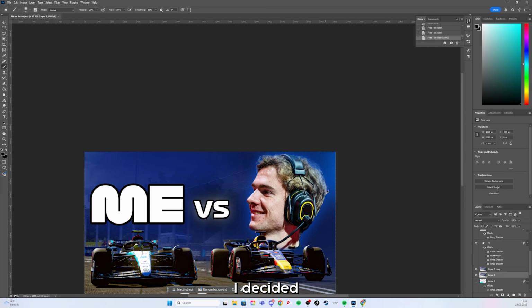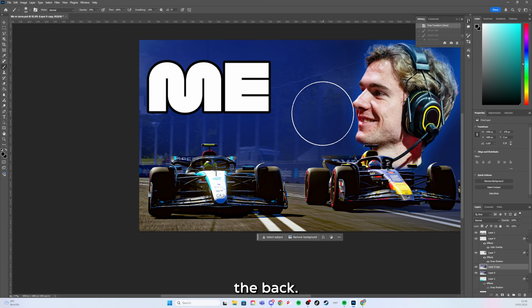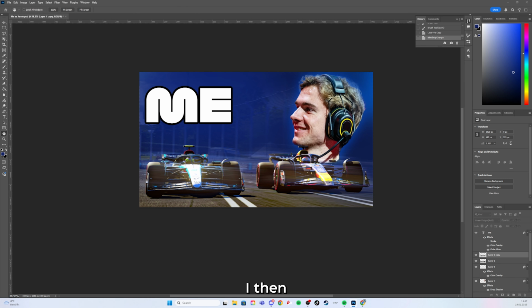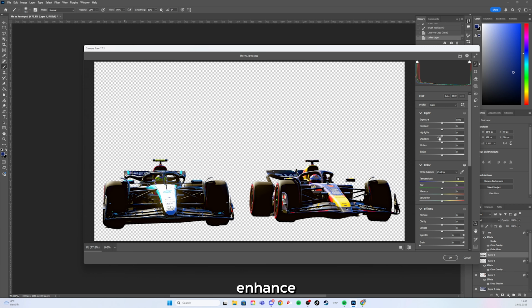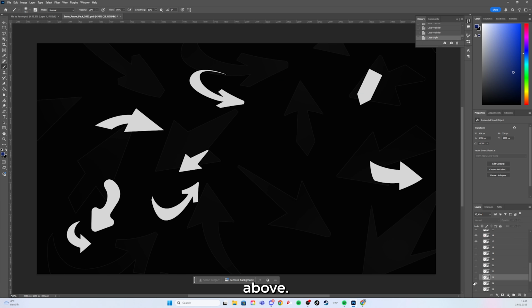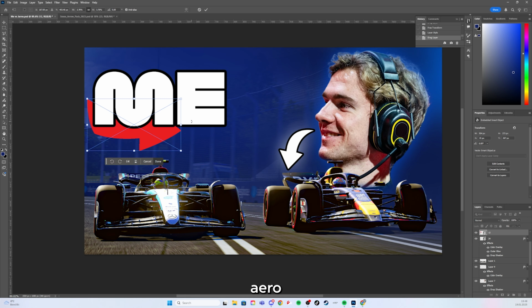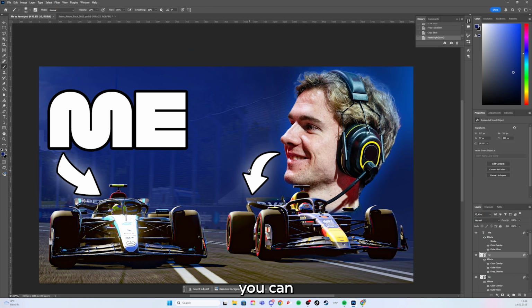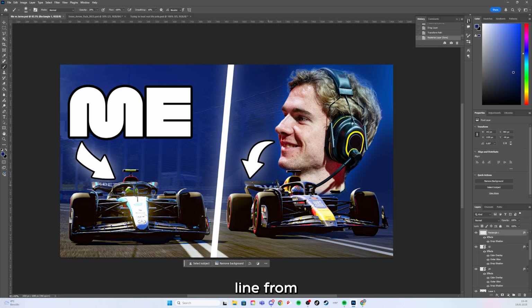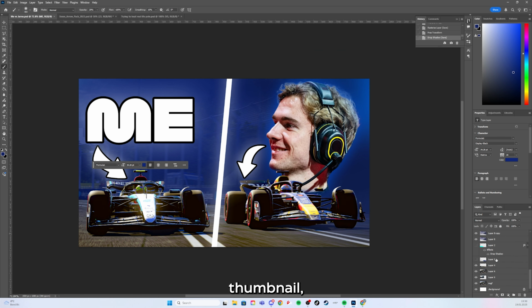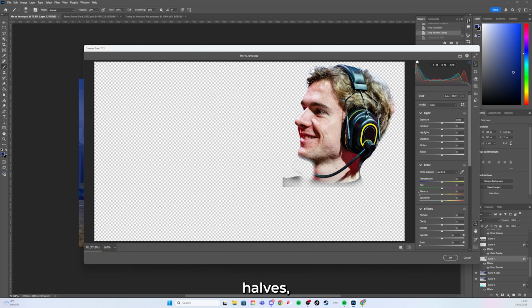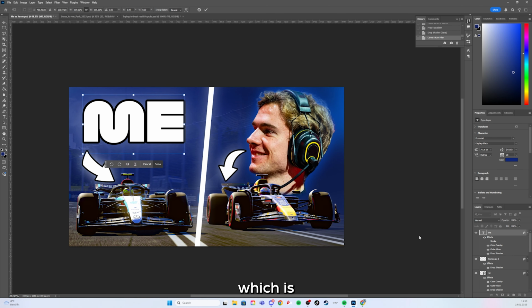Eventually I decided to extend the track. I then made the cars a bit brighter to enhance the cars above the surface and all the other effects going on. You can see there a quick insight into Sesso's arrow pack, which is very useful, as you can see here. We then got a center line from another thumbnail to split the two halves, which often creates a bit of contrast, which is quite